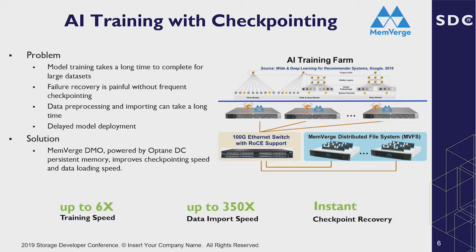And it's using the local drives for intermediate temporary data, and the actual training data is being placed on HDFS. That's where it gets the training data into the training farm. And the problem they have is, number one, the training takes a long time to complete. It takes days, if not weeks, to complete a round of training, and they hope this can be accelerated